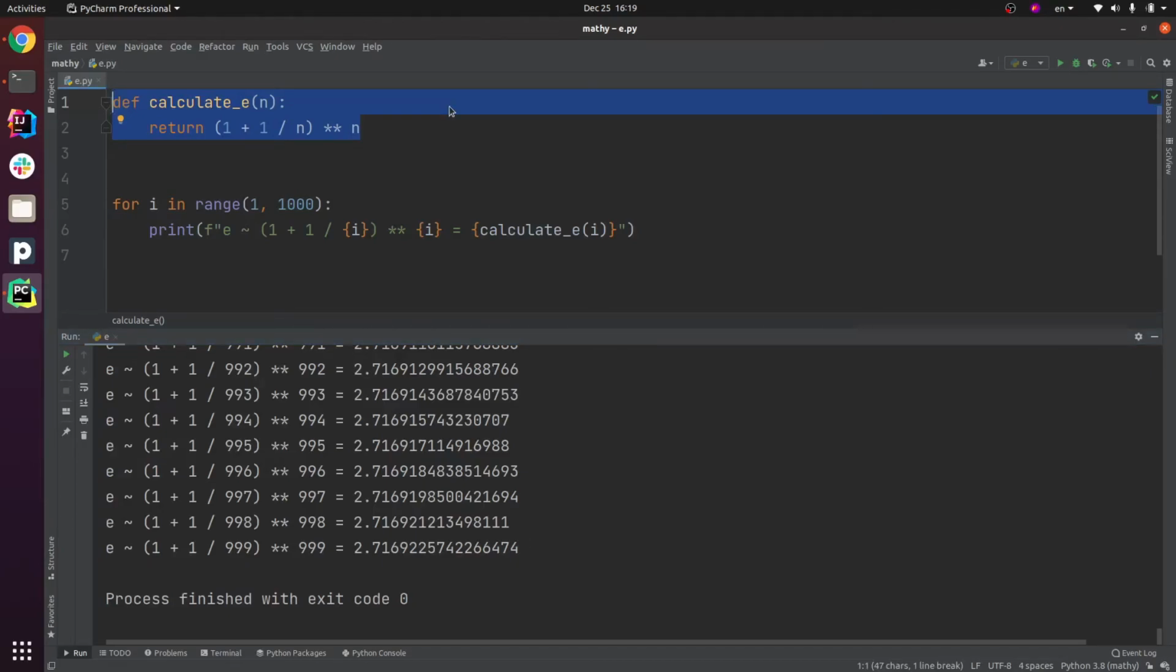So at the end of the day, Euler's number, or e, is an existing real number that our function approaches when n grows indefinitely, when n goes to infinity. And there is one precise real number that we call